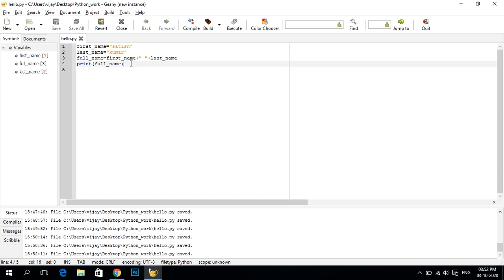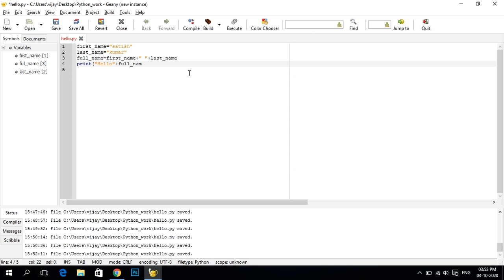Sometimes you want to print everything directly, so we write print. The print function is already written, and we write hello here. I want to add some string here, so I write hello, and we use the plus button, then we write the full name, the variable name we have written, and we use the title method here. Why?